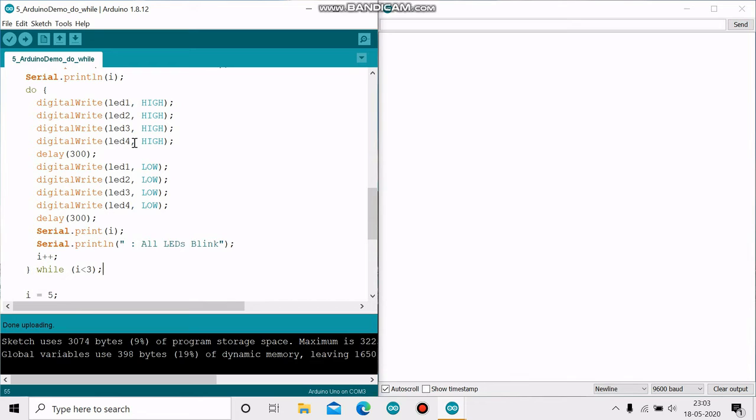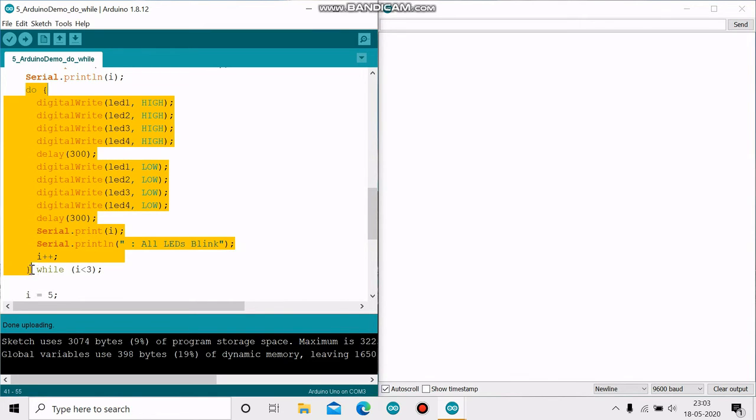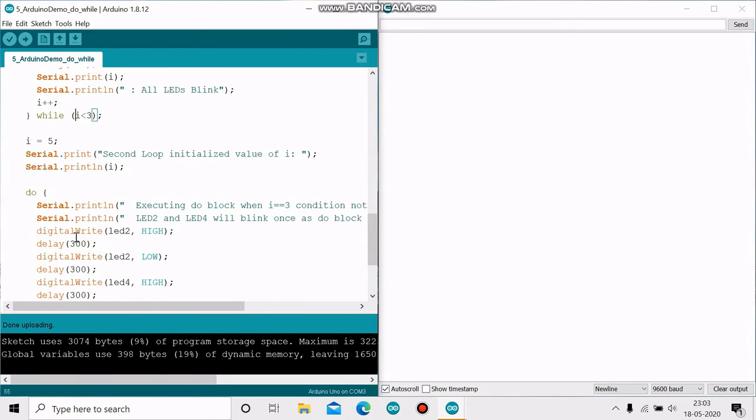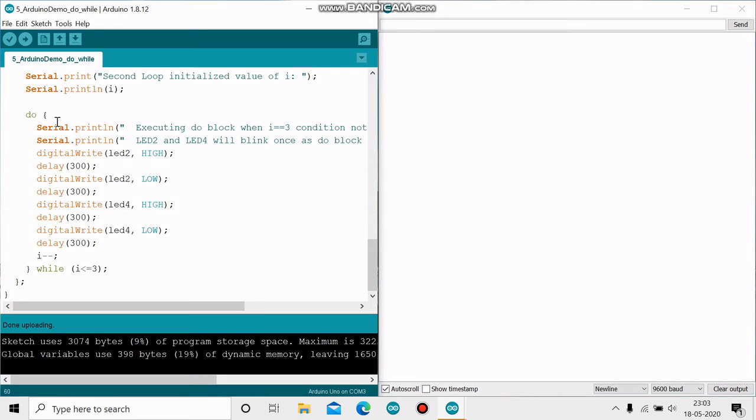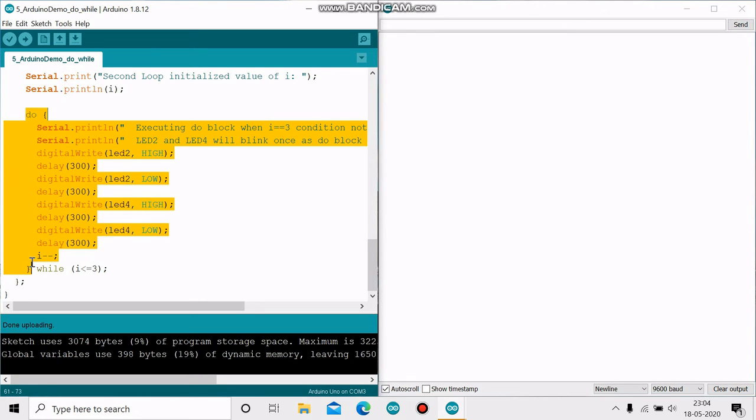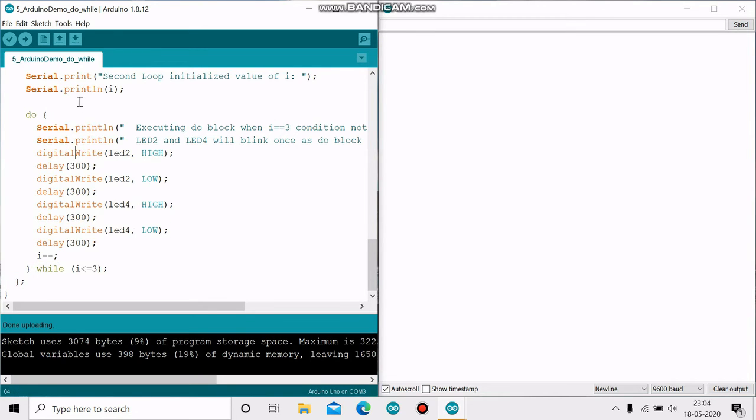This code is basically to show that the do block is executed once even before the condition is checked. And in the next do while block, I'm really demonstrating that. I set the value of I equal to 5, and this is the second loop. I will generate an output on the serial monitor. Then this do block is executed, and the value of I is equal to 5 when it entered into the block,